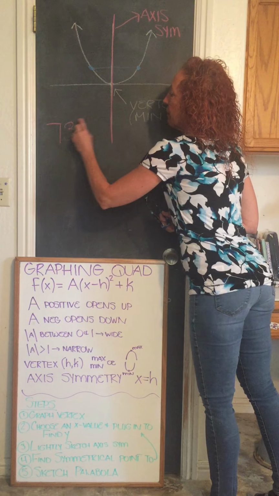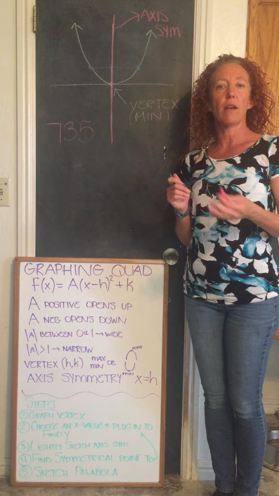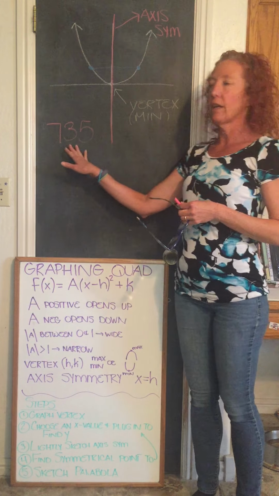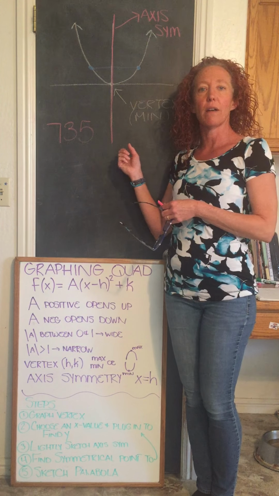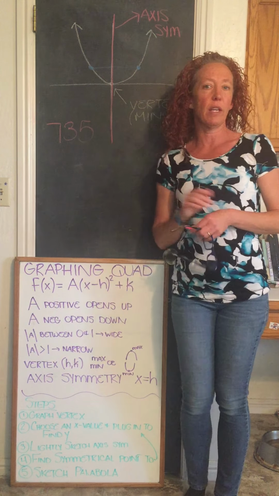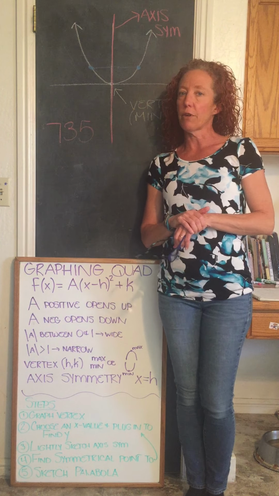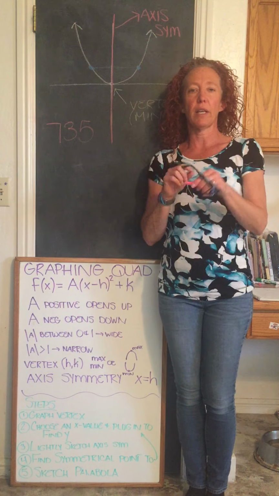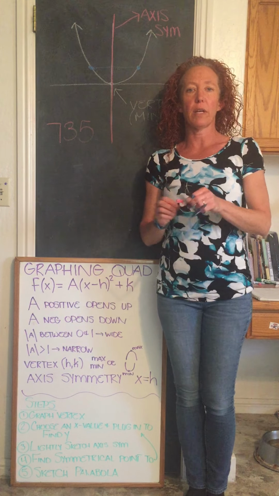Also, on page 735 of your book, you might want to have that open at the desk as you're viewing this video. They do a really nice job with some detail that I can't quite possibly do on my chalkboard here because they're able to use actual grid graph paper. The third thing you might choose to do, if you have a home printer or graph paper at home, is to try the examples on your own graph paper as you work them out with me and pause the video,